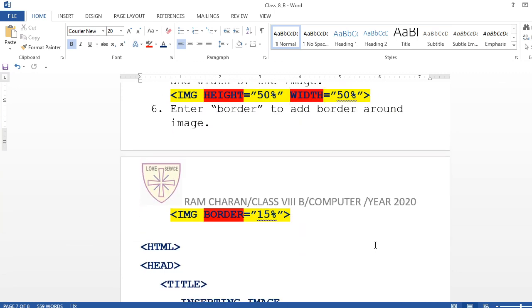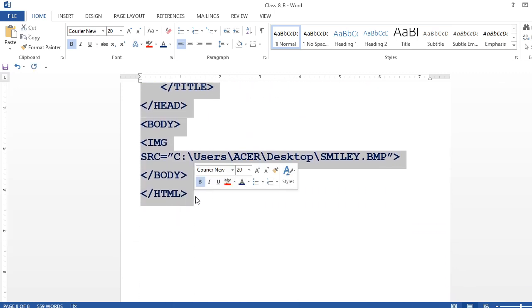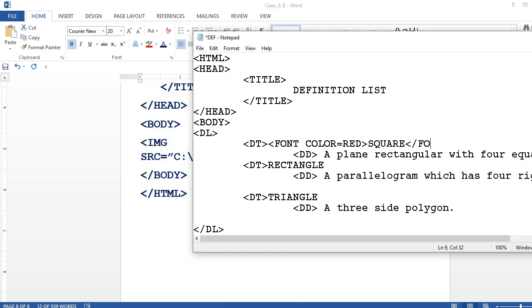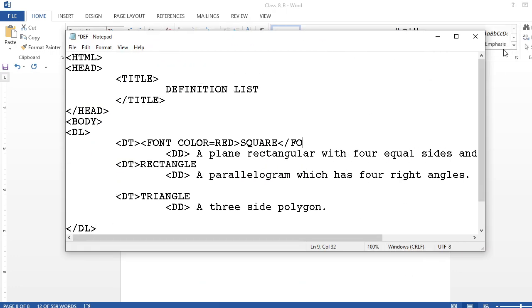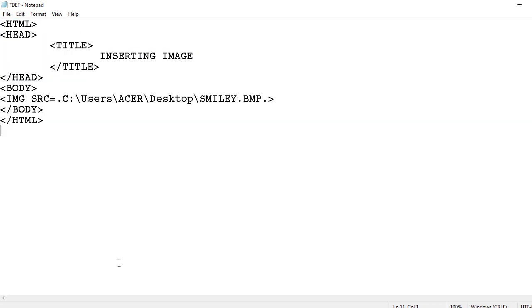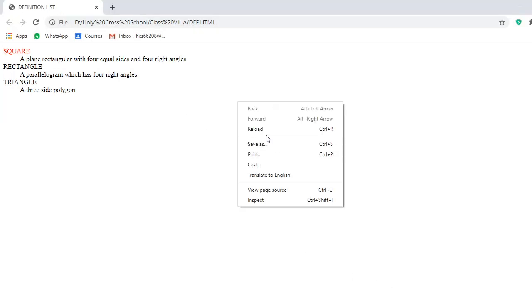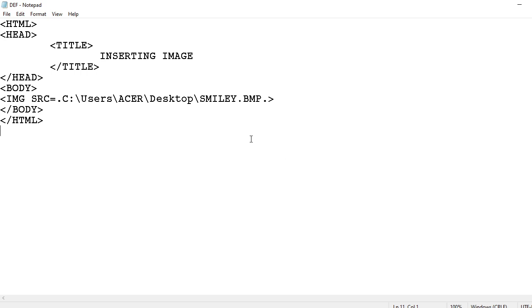So what I'm going to do, I am going to copy this one, and if any changes are to be done, I will do them there. I am going to copy, and in this one I am going to paste the full path. Okay, done. Then again I will go to the file menu and save. Let's see whether the image is coming or not. I am going to use the reload option. Why is that image not coming? Let me see.